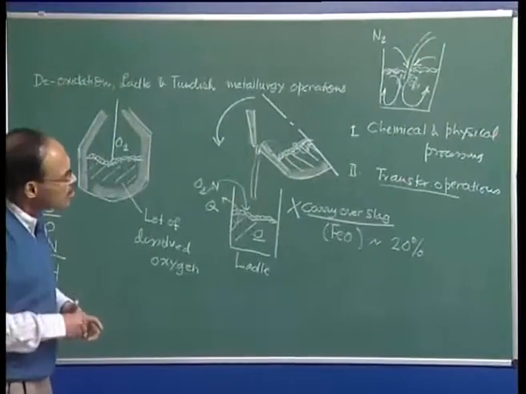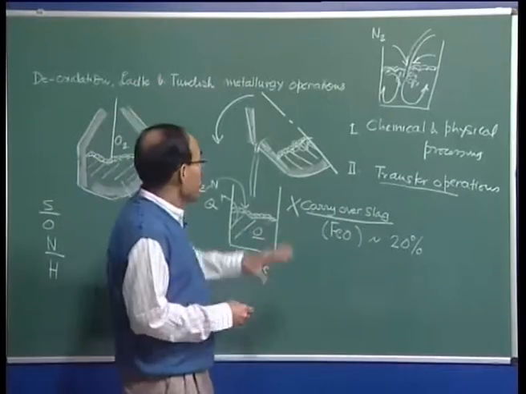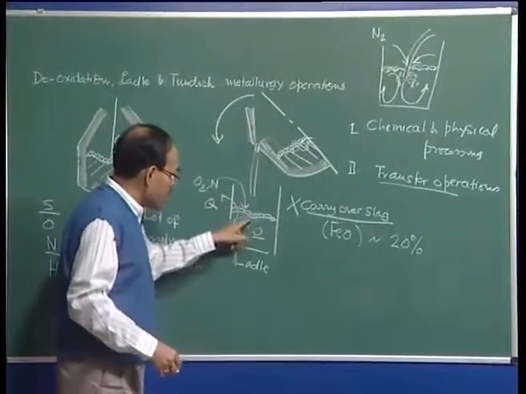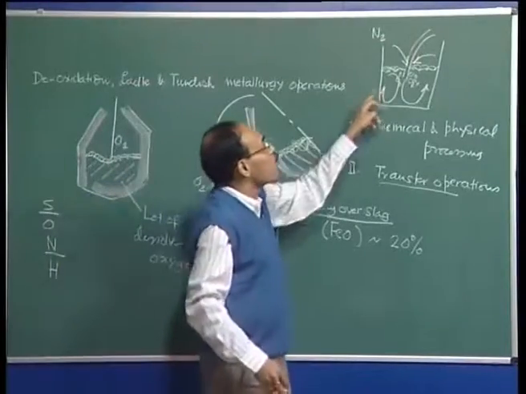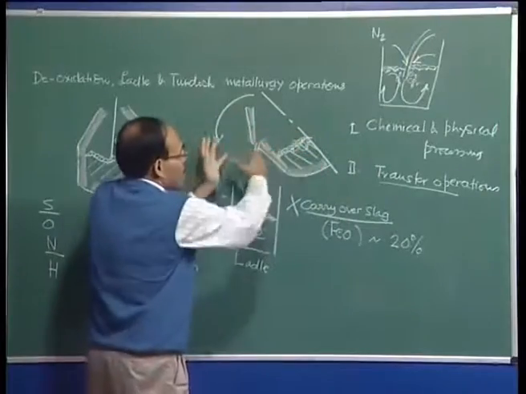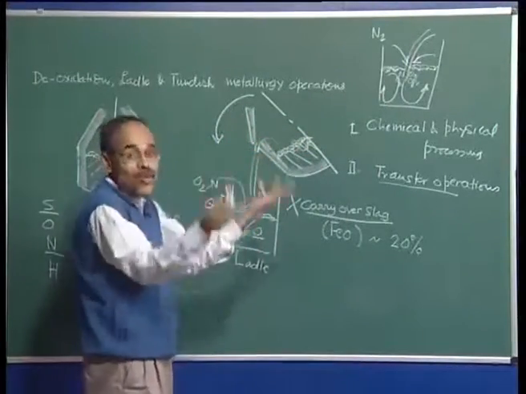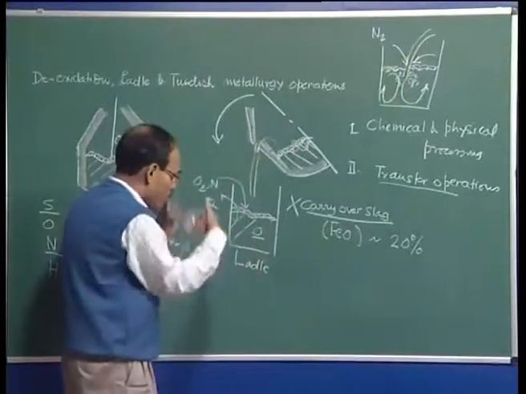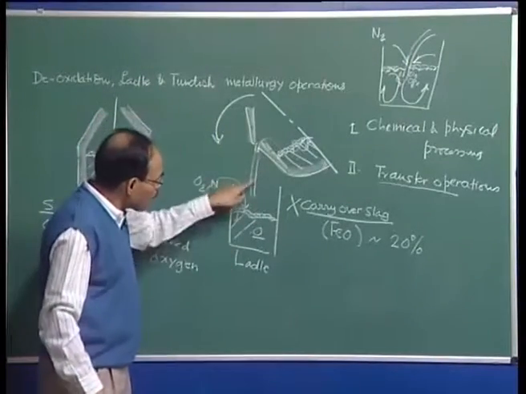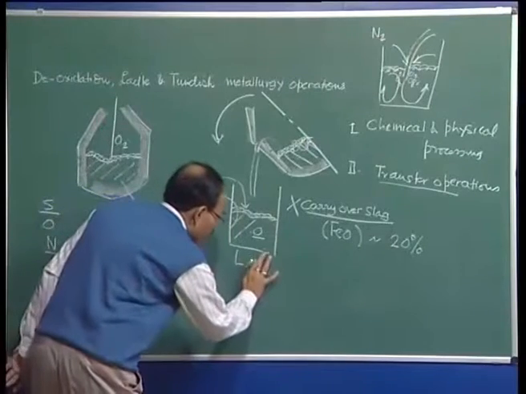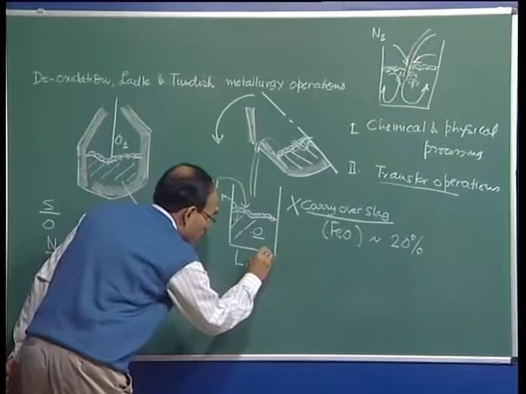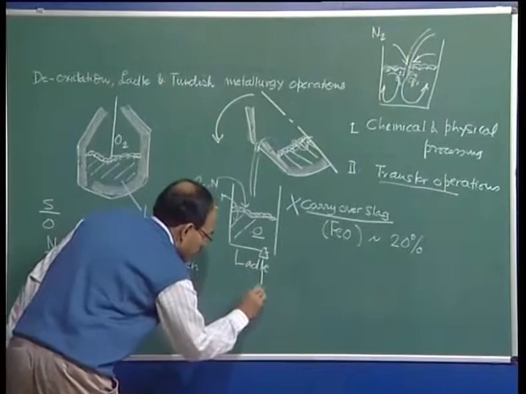But we must also understand that as the metal is emptied from the BOF, the intensity of motion here is going to die down, because at some point this is completely emptied, so nothing is coming out, and there is not going to be a sufficient amount of stirring. So that is why, the moment we start to pour molten metal, we see that we have a porous plug located here at the bottom, through which we are going to inject